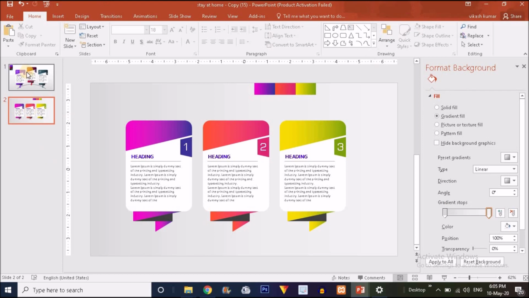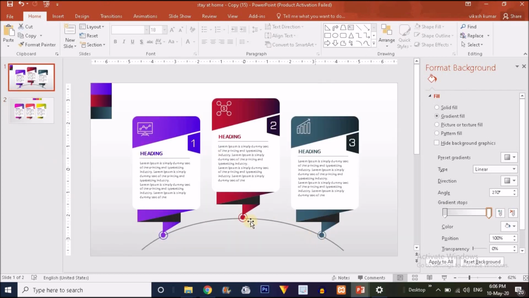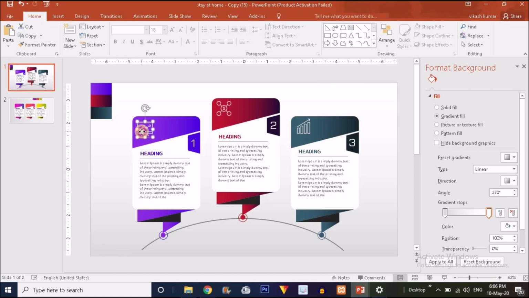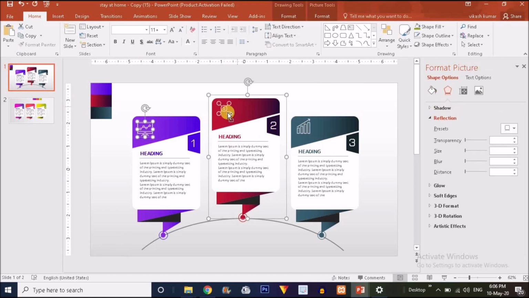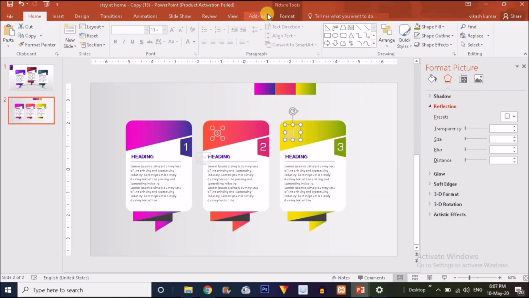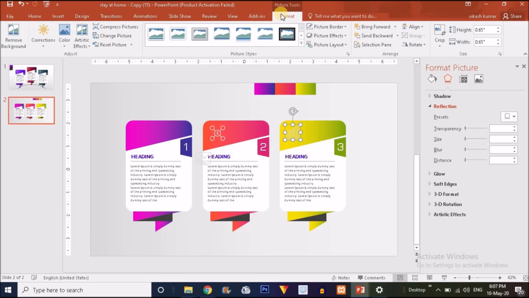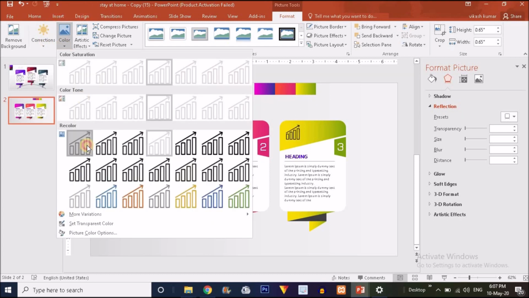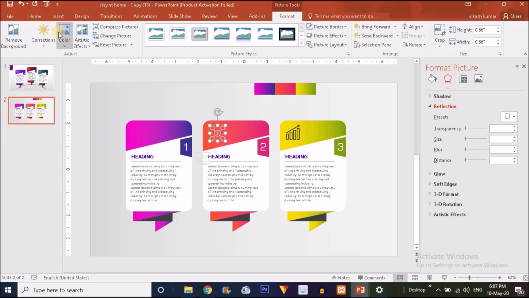Now the most important part, that is the arc and this circle we have to create. And also we have to add the icon, so I'm just going to use the icon from here. For the icon I'm going to the format option, and I want to change the color of this icon to black.